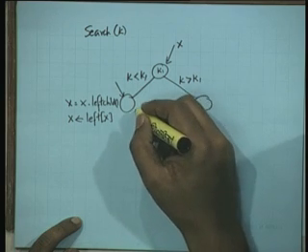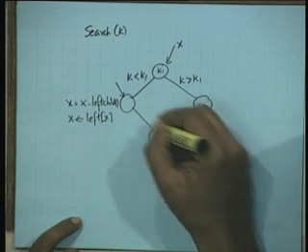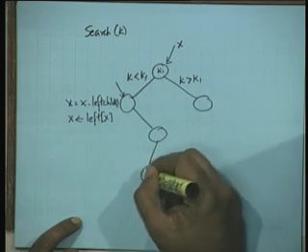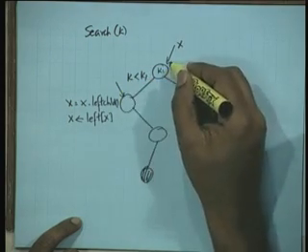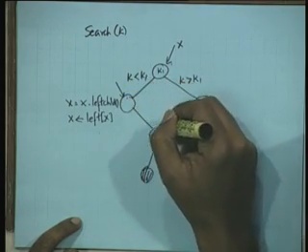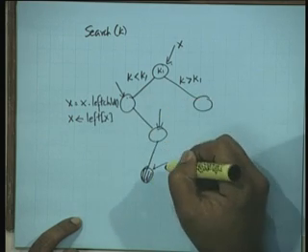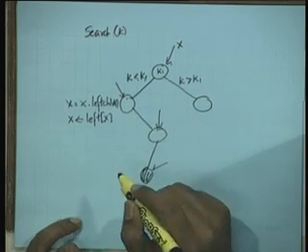So maybe at the next step we go right and so on, till we reach here, this is where our node is. So x will keep getting modified. First it is pointing to this node, then it is pointing to this node, then to this node, and eventually it is pointing to this node. It will keep getting modified in this manner.